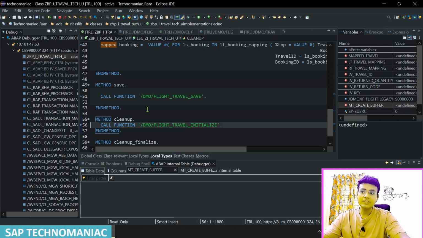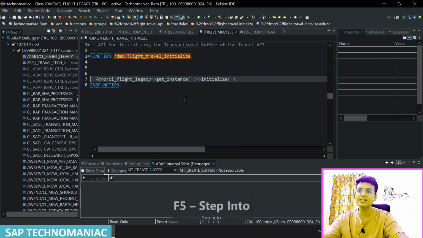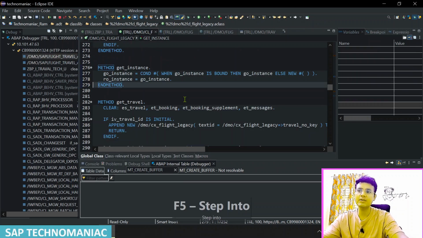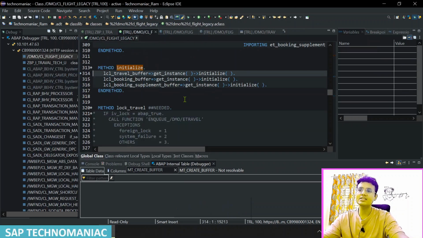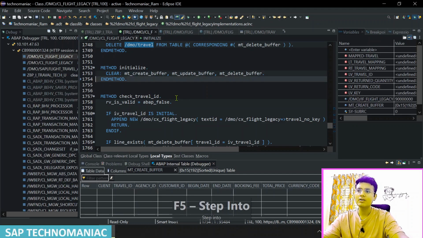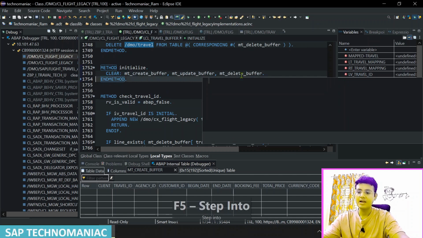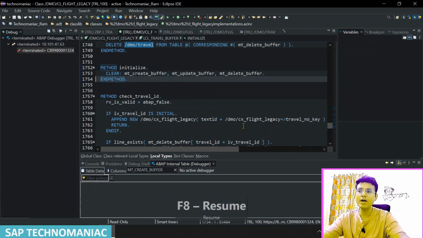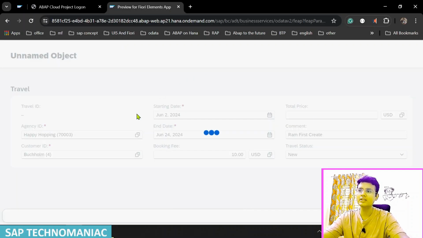Commit will happen after the save method, and once the save method is triggered, commit work will happen. Then only for 4139 you can see in the table. Once everything is done, we are cleaning up the data. Basically it is again calling that transactional buffer and local class, and it's initializing, which means it's clearing your buffer tables. And once everything is done, you will do F8